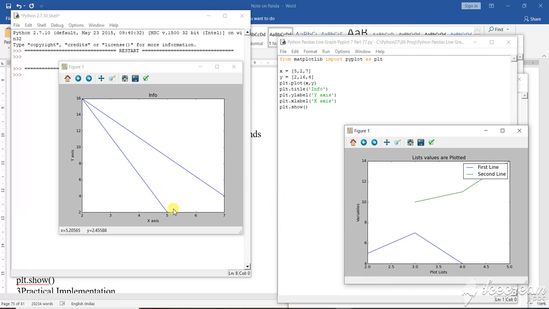Another more thing to be highlighted here: as I am moving the cursor, you see the axis points of the x and y are changing. So as soon as the x and y is changing, that means you